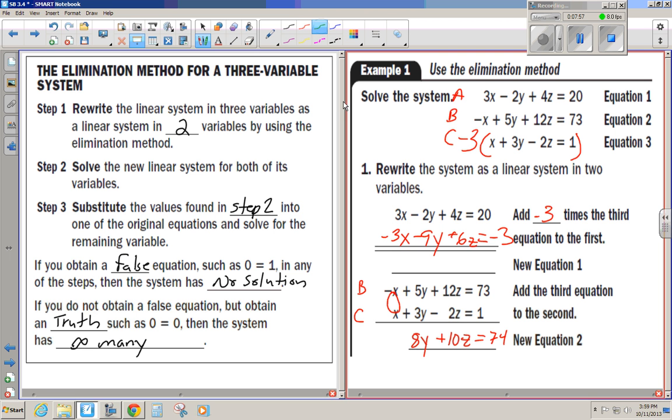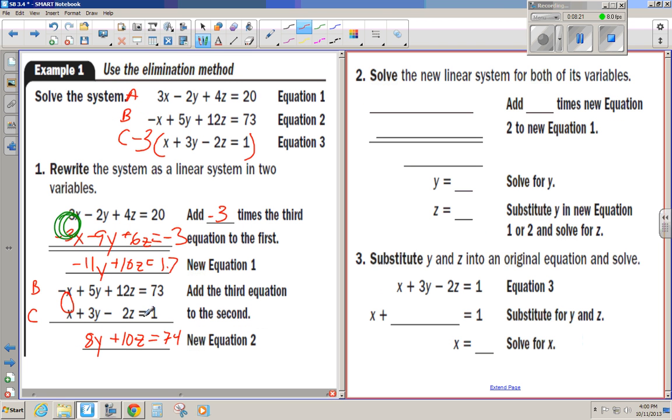And now we can just look at the coefficients. 3x minus 3x becomes 0. Negative 2 with a negative 9 is negative 11y plus 10z equals 17. All right, so watch. What we've done is we now have 2 brand new equations. I have negative 11